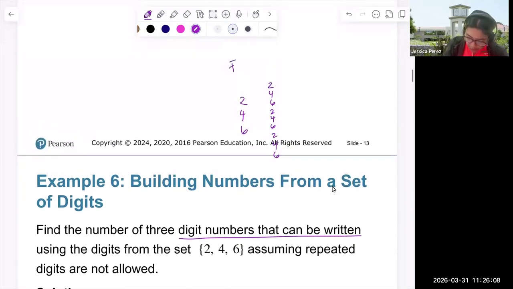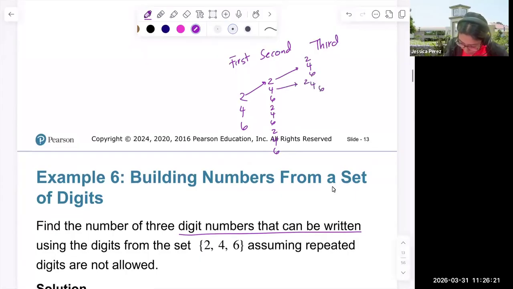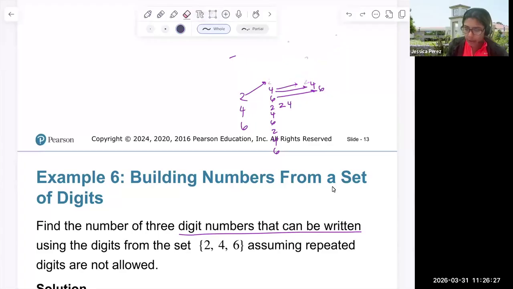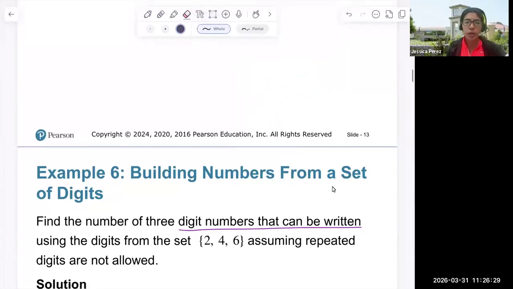So the first digit, the second digit, and then the third digit. So 2, 2, and then 2, 4, 6, and then each one 2, 4, 6, and then 2, 4, 6. So what we're going to do is create a so-called